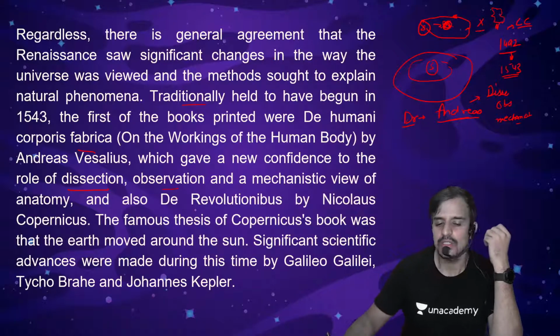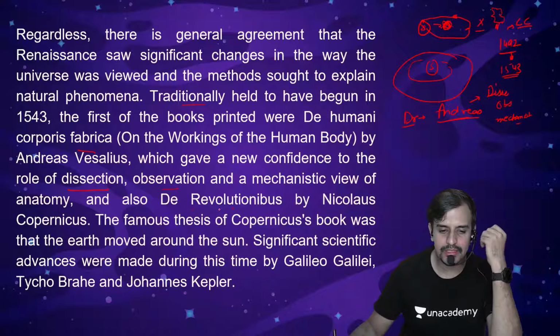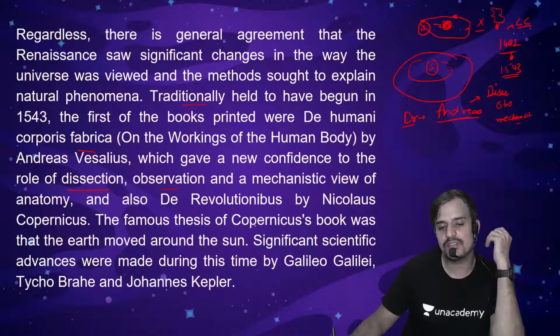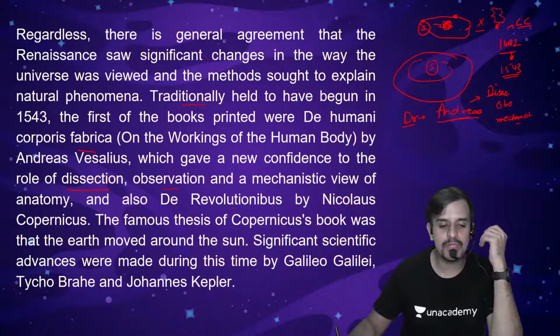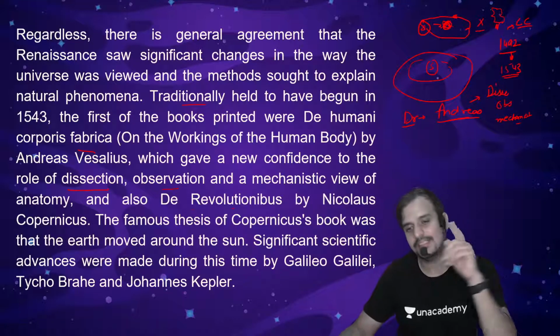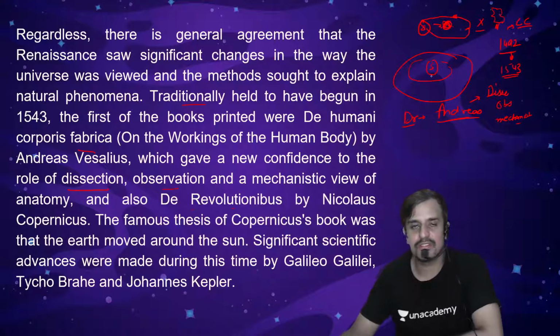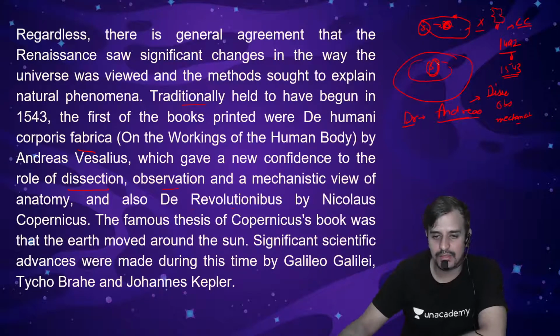And also, De Revolutionibus by Nicolaus Copernicus. The famous thesis of Copernicus' book was that the Earth moved around the Sun, as I told you earlier. Previously, the philosophers were of the view that the Earth was the center, and the Sun used to revolve around the Earth. But now, after